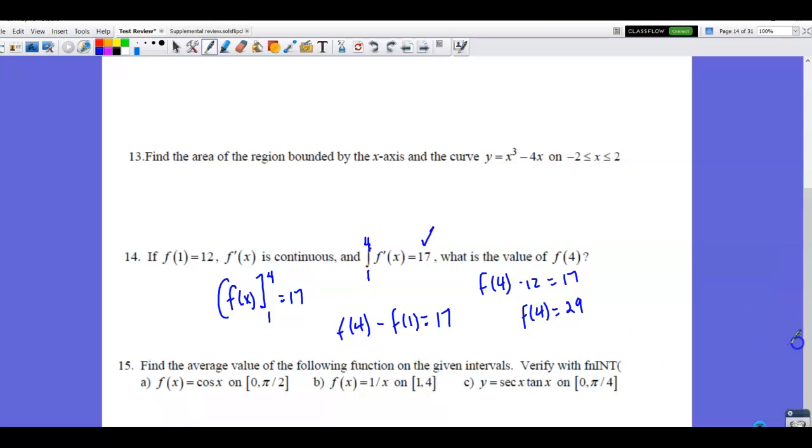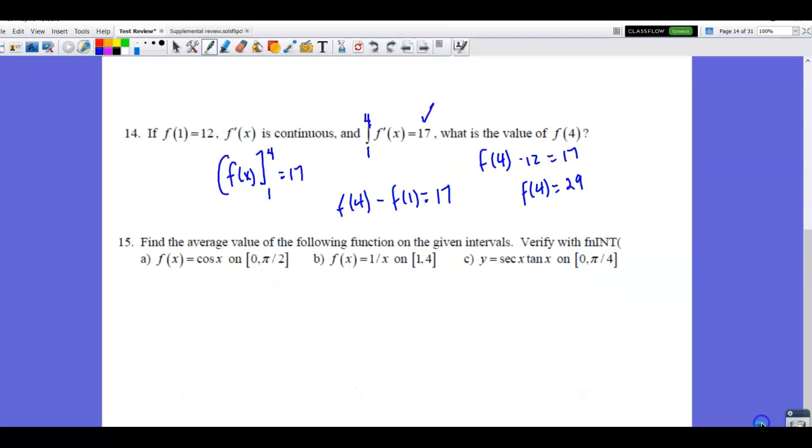All right, number 15, let me make a little bit more paper here. Find the average value of the following functions. You can use your calculator to verify, or you can check it with your answers. I'm going to set these up. I'm not going to work these out because this is a pretty long video. So letter A is 1